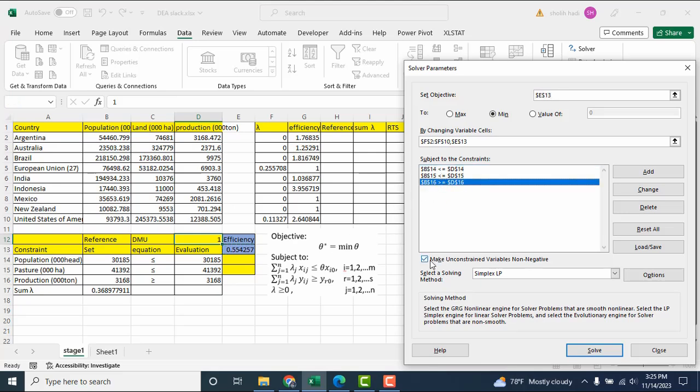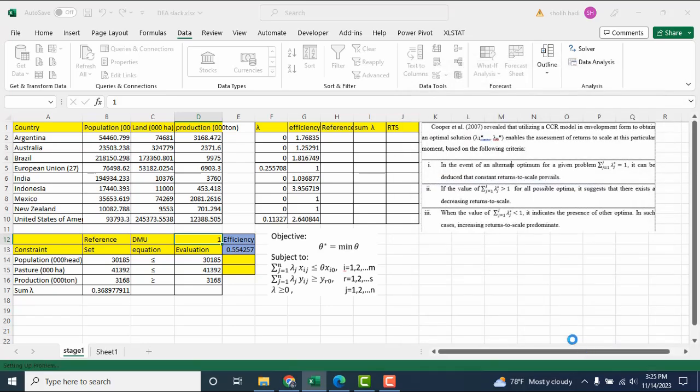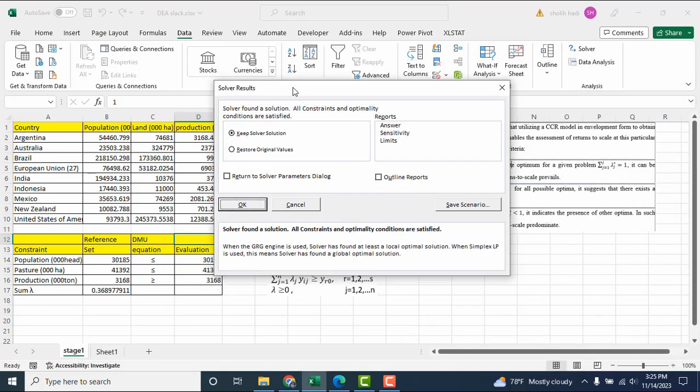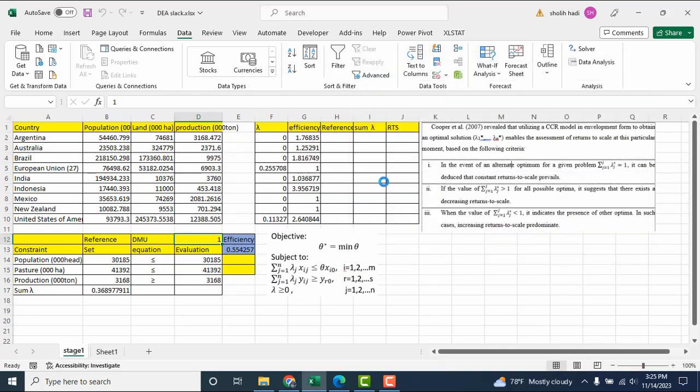And we check the box to make unconstrained variables non-negative, and also we choose Simplex LP because we use the linear programming approach. And then we choose Solve, we get the solution and click OK.